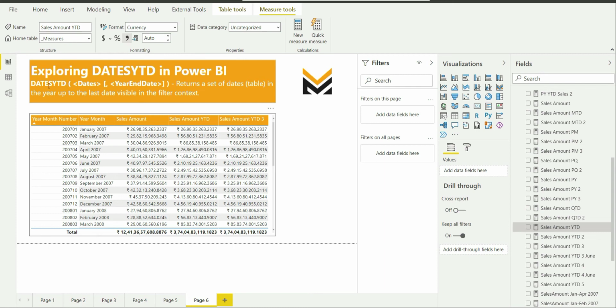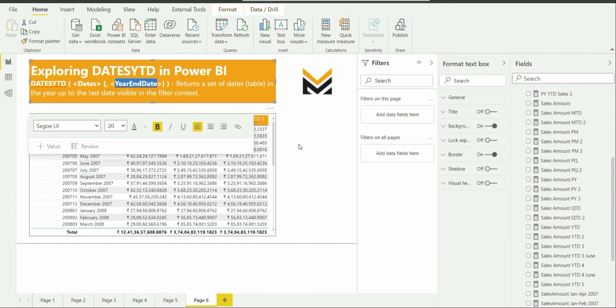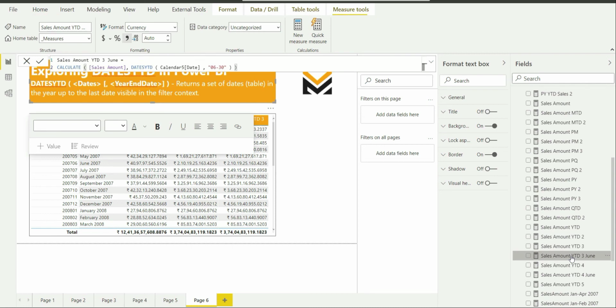So all time intelligence functions prefer the calendar year, that is January to December, as the preferred year. But if the choice of year is different, if the choice of fiscal year is different, then they can actually pass the year end date over here. So like I have done over here.